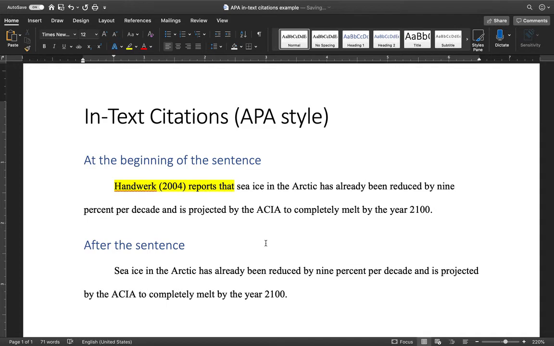There's another way to do it. You could do it after the sentence, at the end. In this case, same sentence, and I still have to include Handwork, 2004. In this one, you always want to do it before the period. I have to create parentheses and just put in the name, Handwork. And then we add a comma, 2004. And that one is pretty simple. You don't even have to add a